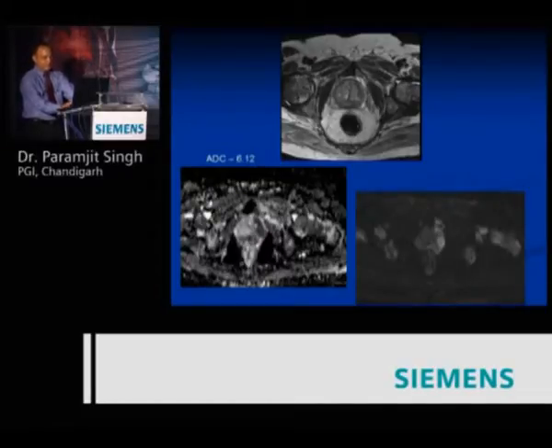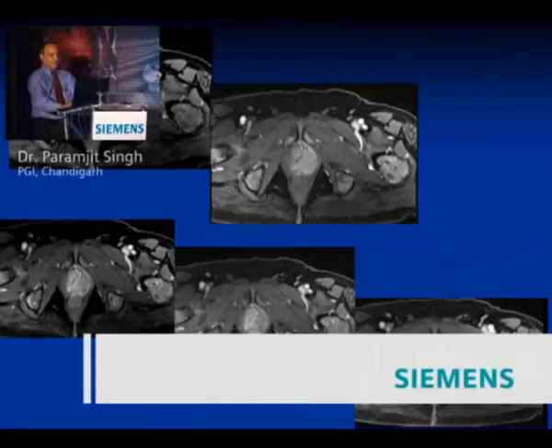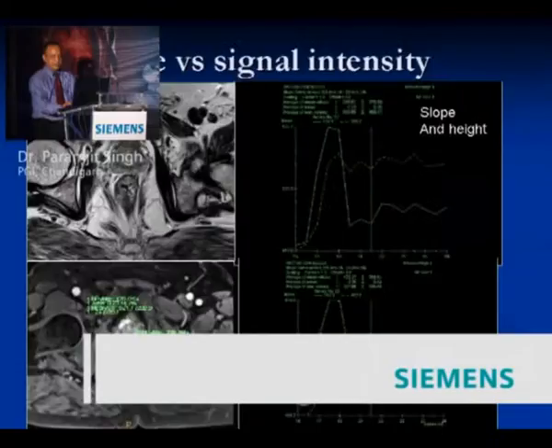Again, this is another case. This is the same patient which showed very restricted ADC here. On T2 it was hypo-intense, and on diffusion weighted imaging also this was bright. One of the few cases where I got bright signal on diffusion which was convincing. It was a cancer with a Gleason score of I think 7 to 8, and on dynamic contrast study we see that there is a lot of early enhancement here, and then the central gland enhances, and subsequently this becomes relatively hypo-intense.